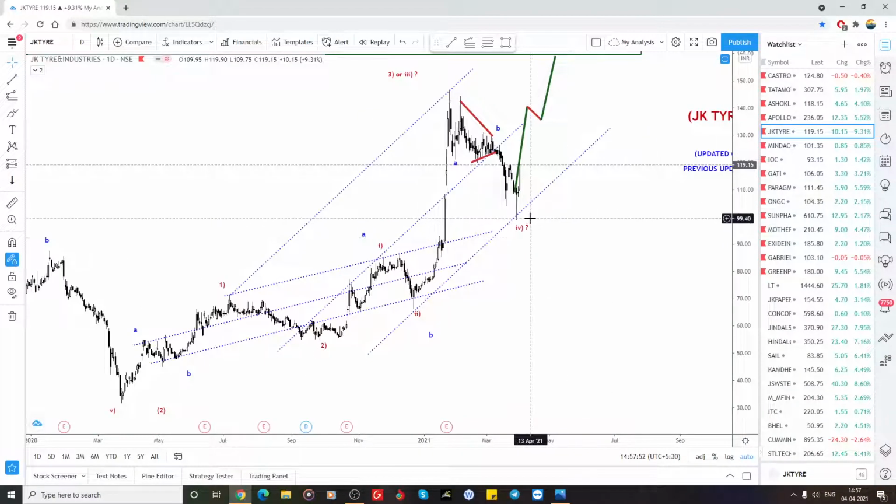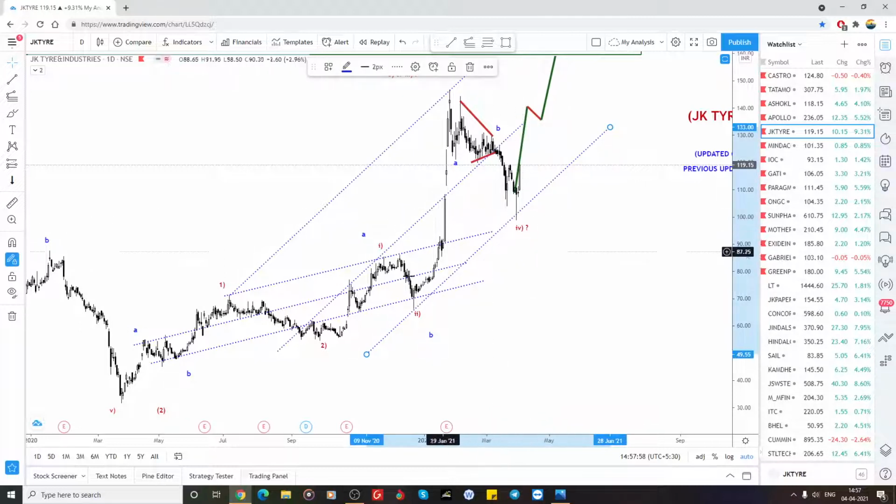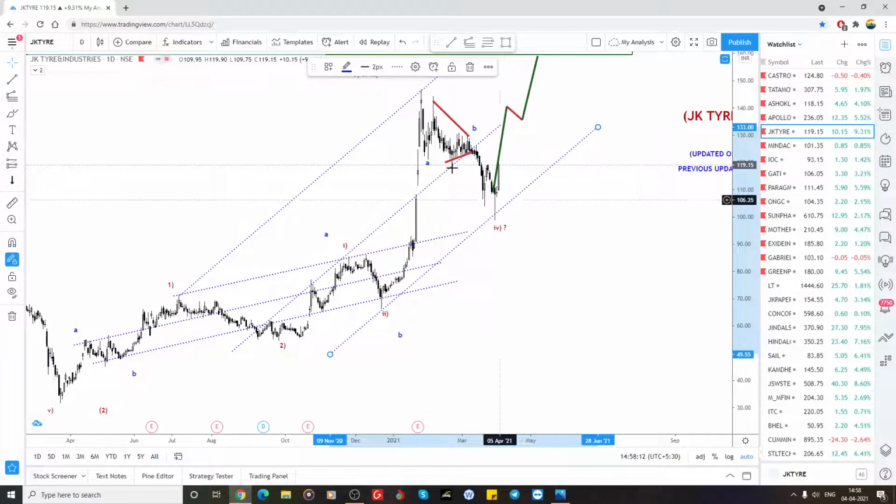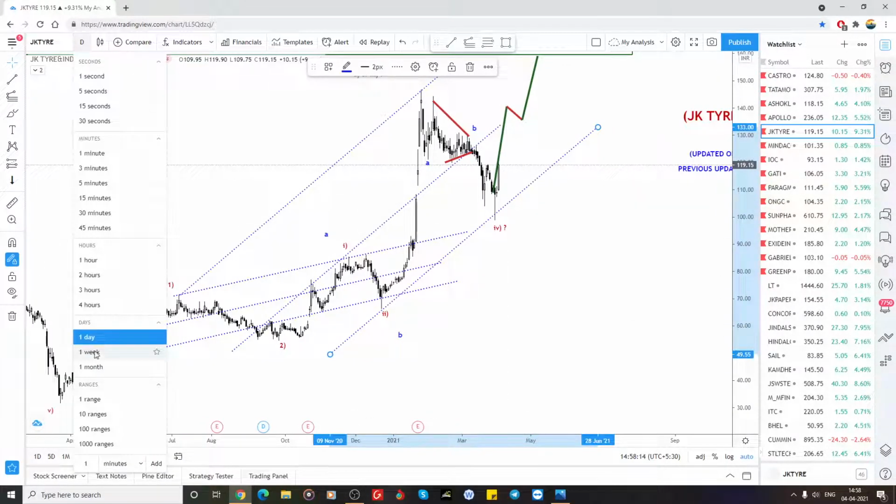Exactly, there is a spike. It perfectly retested this channel that we have placed, that downtrend channel, and here it's a bullish channel, the bottom line of the trend line, the channel equidistance line, and this is the median line. After that it's a bullish candle. So let's see how it plays.